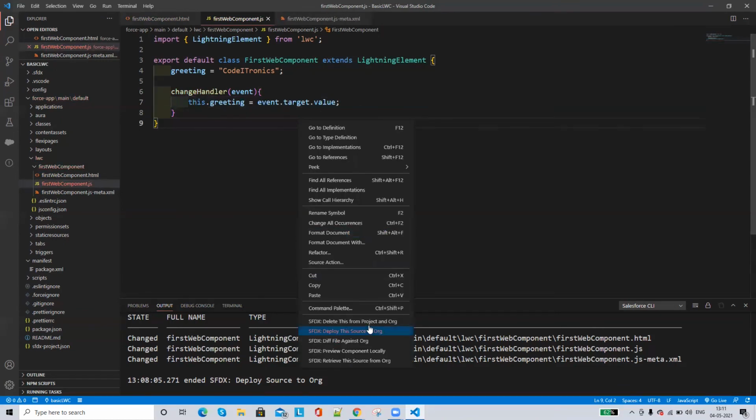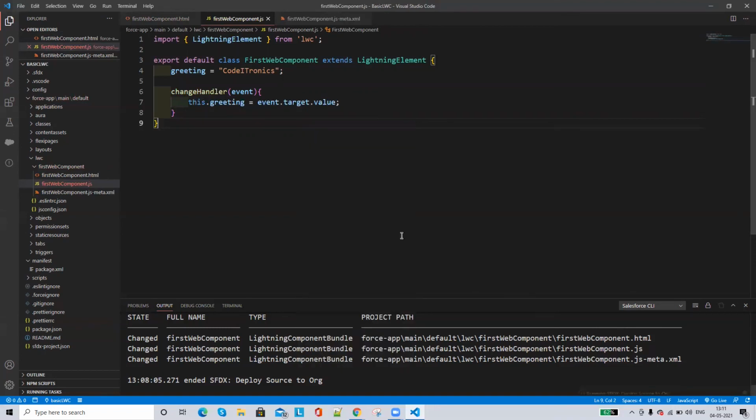So let's deploy this by clicking right and choosing deploy this source to org.